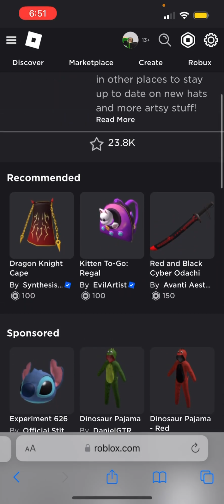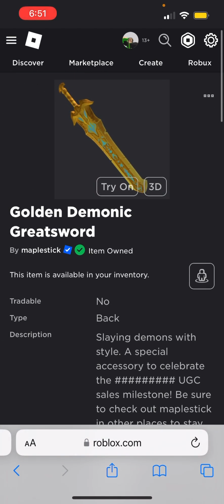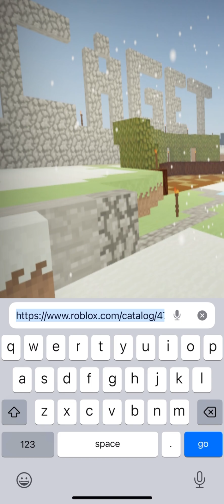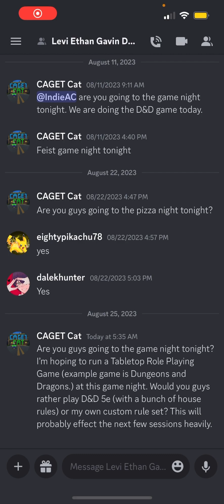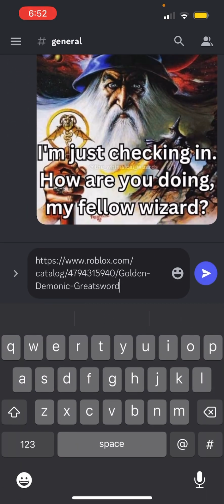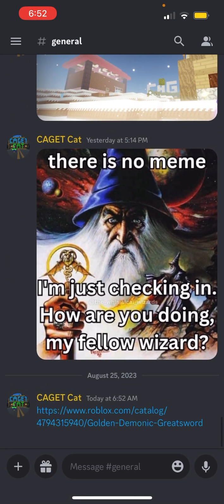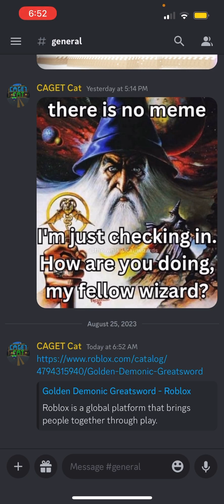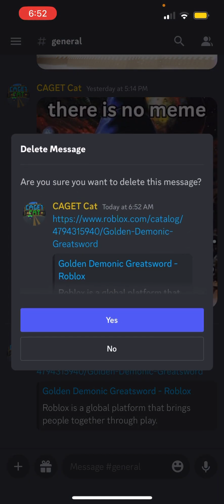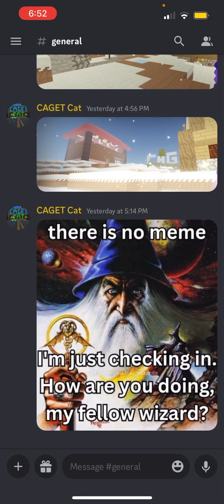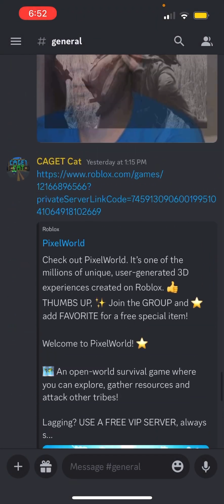This is just an example of an item, but if you go to the URL, you can see the numbers. This is my Discord server, by the way, I have a link in the description, but if you put the link in here, you can see these numbers, you copy those, and that's how you do it. That's how you put items, avatar accessory,